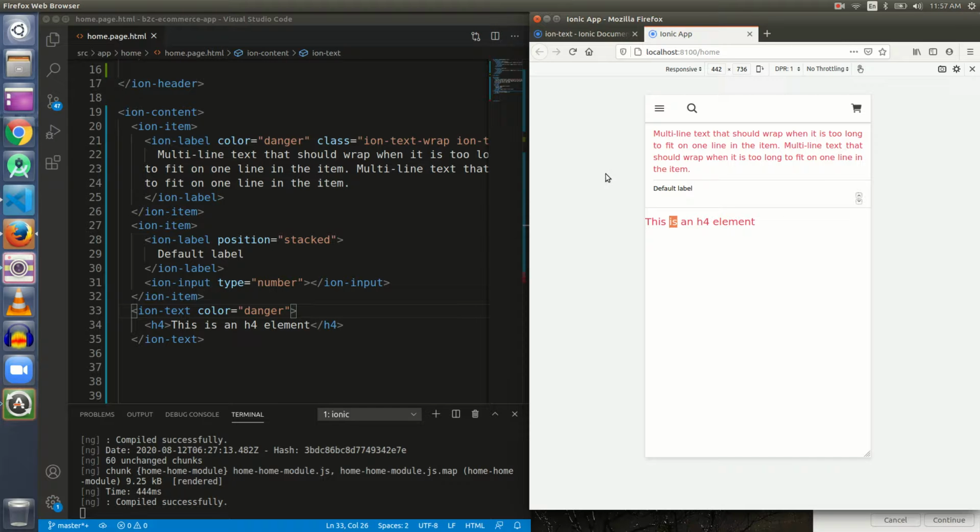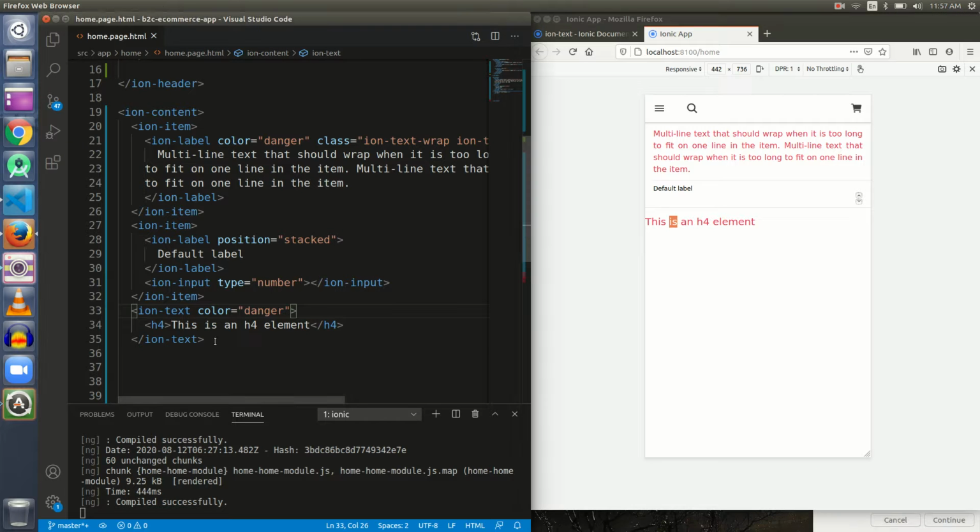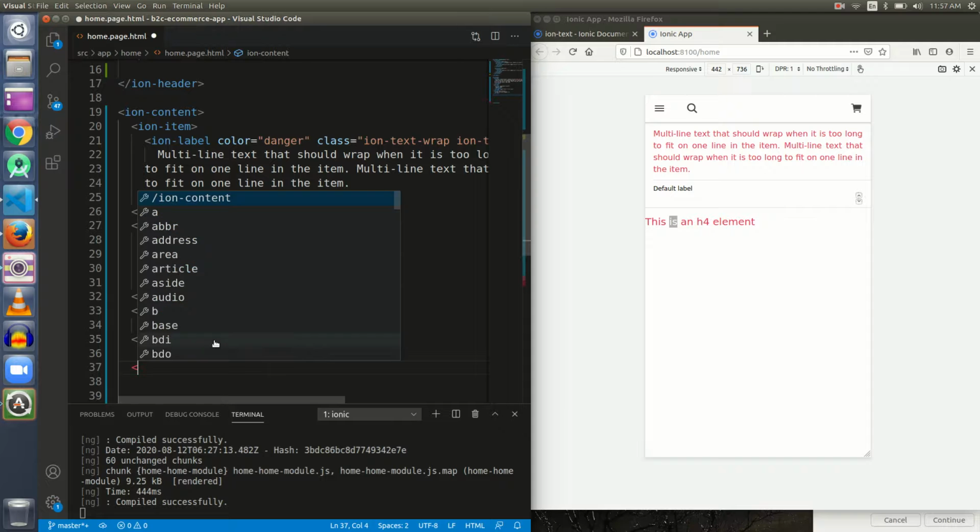Before Ionic 5 there was Ionic 4 and Ionic 3. So I just want to give you a short history of ion-text. Previously it was used in such a manner.